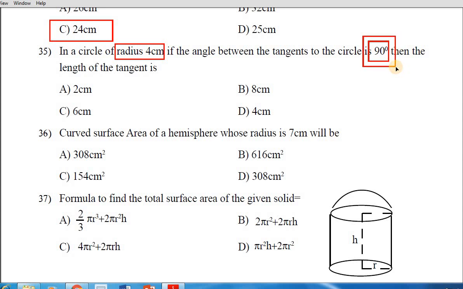Hence the angles which are forming at an external point, two angles will be formed. Those two angles are equal under CPCT. So one angle will be 45 degrees. So the tan 45 concept you wanted to use to find the length of the tangent. Tan 45 degrees is nothing but 1 only. So in that case your radius is 4 centimeters. Therefore the length of the tangent also will be equal to 4 centimeters. Hence D is the correct one. Children, for the 35th problem, it is better to draw the figure and do it. Otherwise you cannot understand in an exact manner.